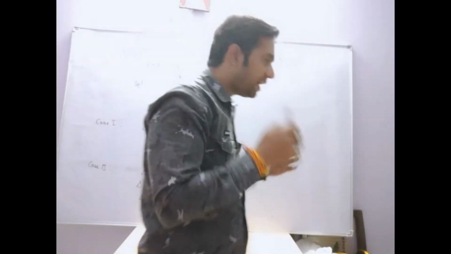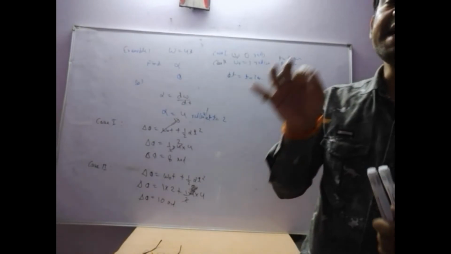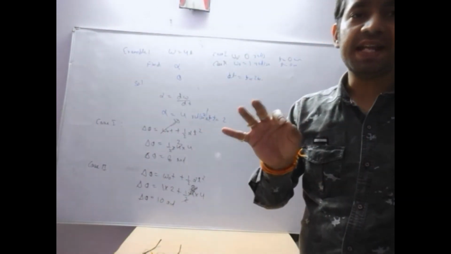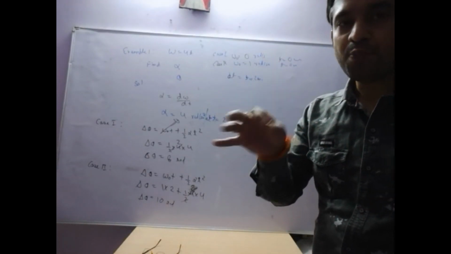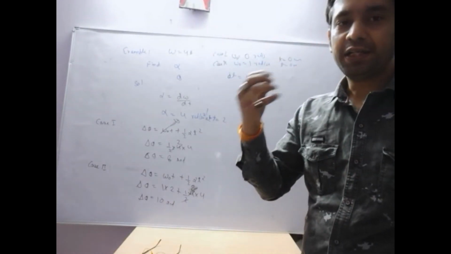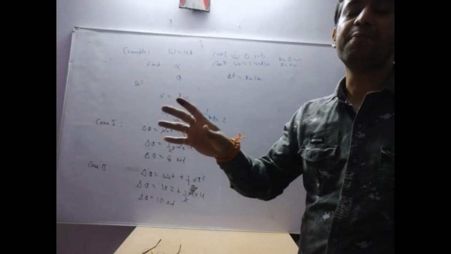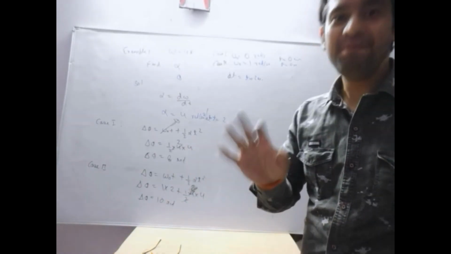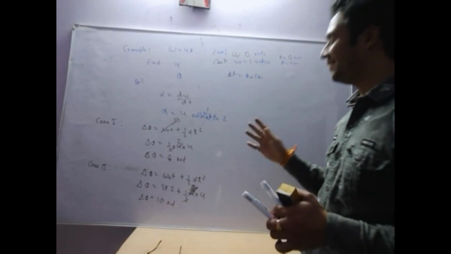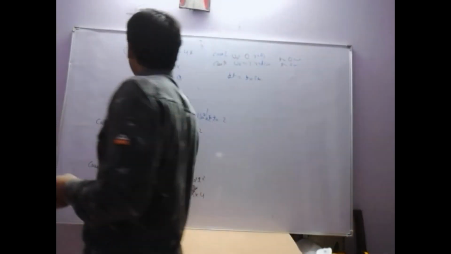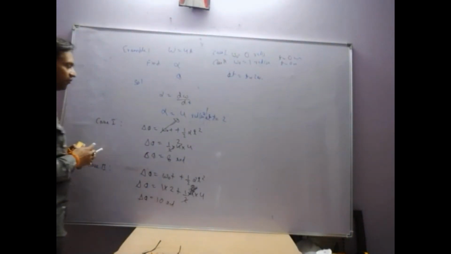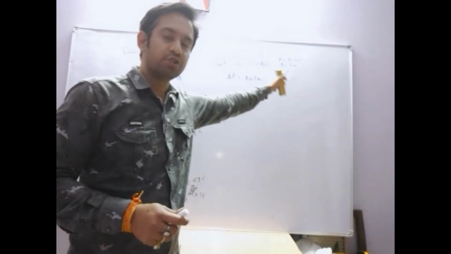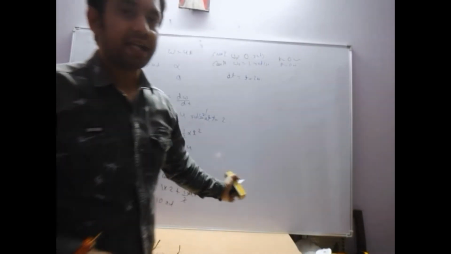So we are able to understand that each and every piece of information given in the question is very necessary. If we miss it or predetermine the solution of the question, then we are just going to get a wrong answer. Maybe it is not compulsory, but I am just trying to say. So we are going to understand what will happen if there is a changing velocity or initial velocity in the question.